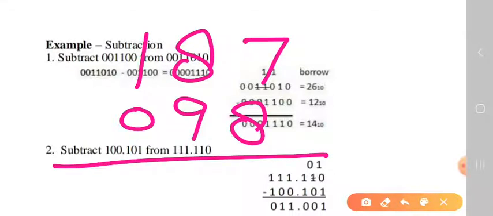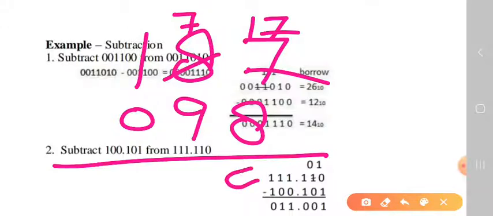Simply a decimal number. 7 is not able to subtract 8. So in that case, what will you do? You have to take one borrow from here. This number will become 7, and this number will become 17, because when I take one carry in it, then this number will become 17. After that, when you subtract 8 from 17, you will get a number 9 here.